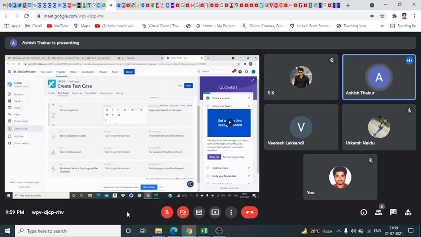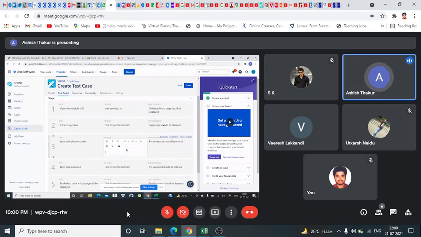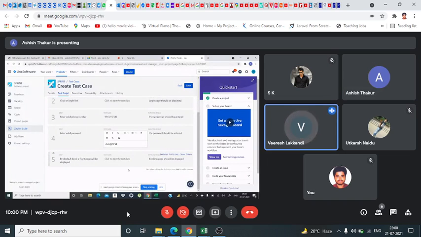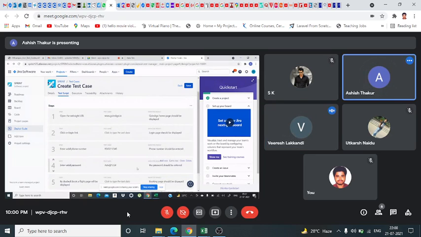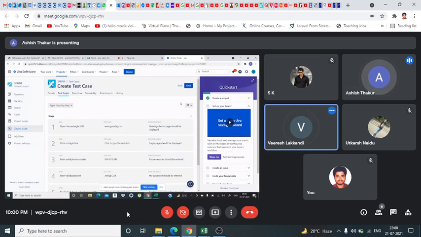First, click on the login page. Now we just have to fill all these things, in which we have given a random number, 2, 3, 4, 5, and password. It will be random, Ashish, right? Yeah, it's random. No need, we just have to give a valid number. It's a 10-digit number, and it's a password, so no problem. It's just for testing. So now you save it.